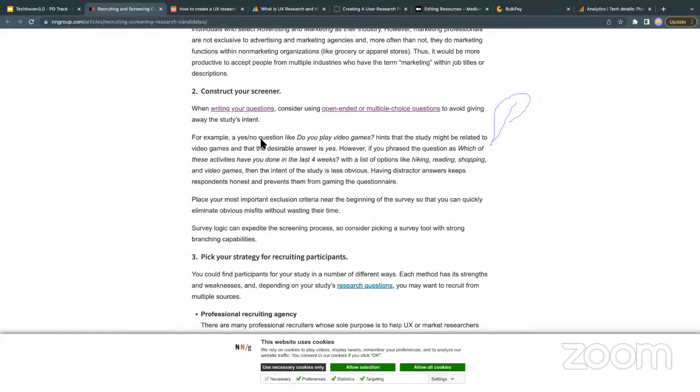Because you are trying to screen them out, you don't want to give them every detail about it. Because at the end, if you don't use them, well, depending on who the user is, some people might be offended or whatever. So you want to phrase your question in a way that you get the real people that will give you the maximum